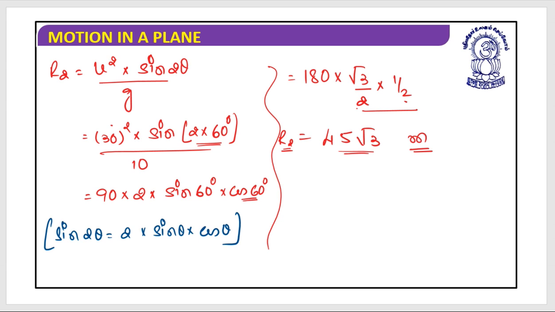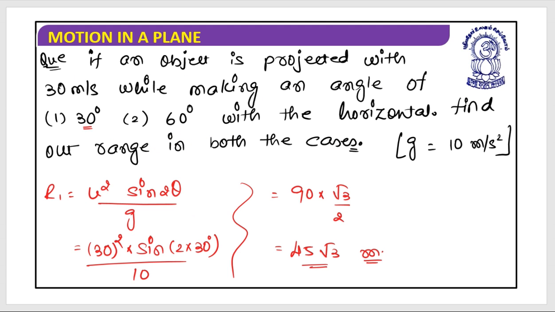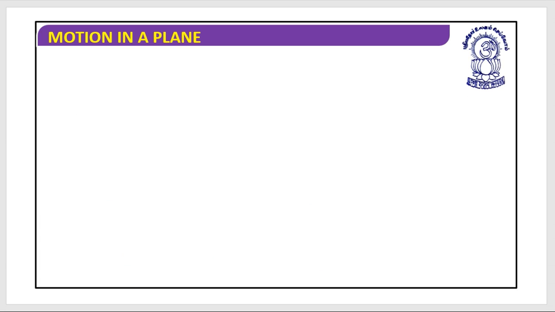Is it magical? Yes. How these two ranges are equal, even though if you look at this carefully, their angles of projection are equal. Yes, their velocity is the same, but their angle of projection is different. So did it happen every time? Yes, this is the case that will happen every time. So please remember these golden key points, that if